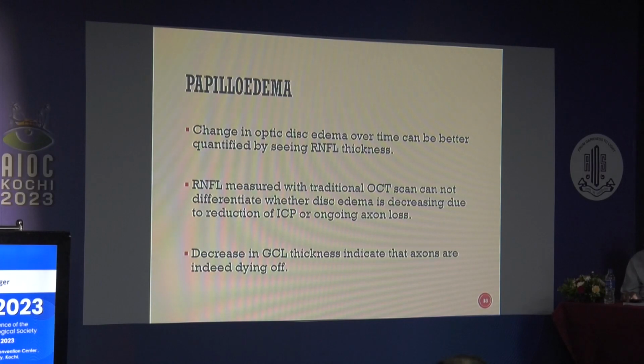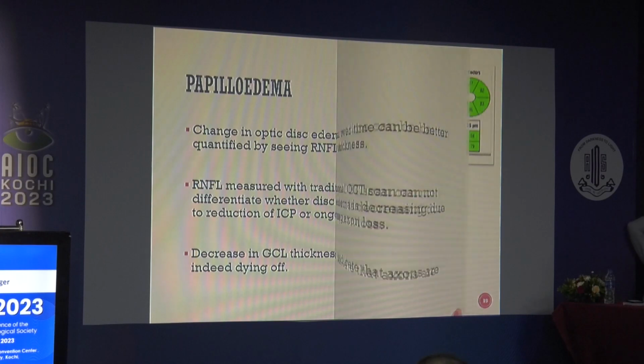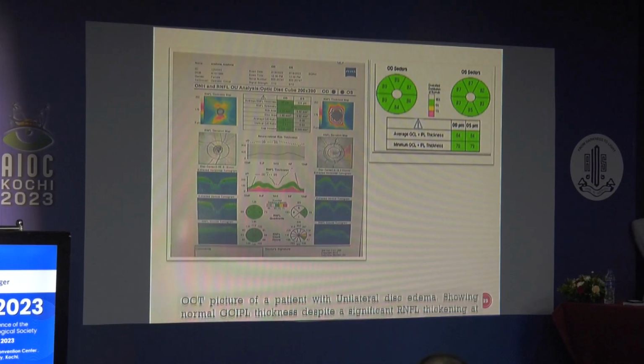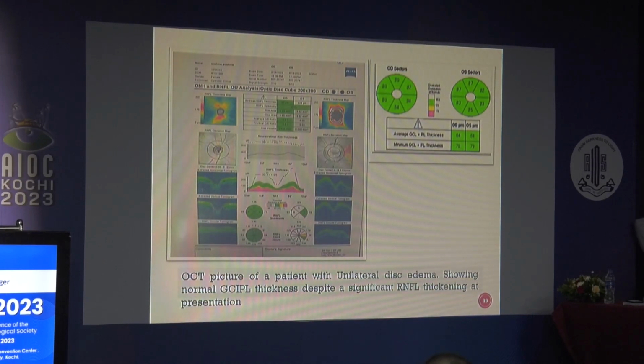So RNFL with the traditional OCT cannot differentiate whether the disc edema is decreasing due to reduction in ICP or it is an axonal loss. So here comes the GCL, which indicates that axons are indeed dying off if it is showing thinning. So, an OCT picture of a patient with unilateral disc edema